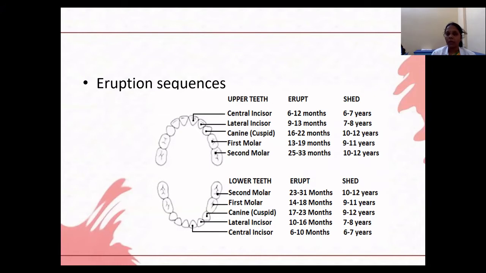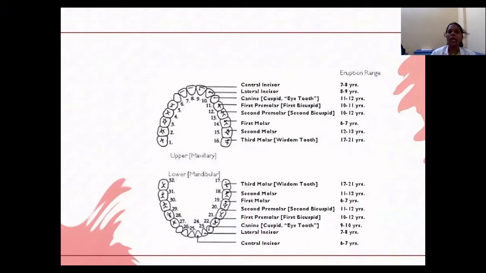That is, whenever you see any tooth in the oral cavity, either central incisor, lateral incisor, canine, first molar, or second molar, for example, if the central incisor erupts at 6 months of age, normally root completion will be completed by 1.5 years of age. So this is the main eruption sequence for the primary teeth. And moving on to the eruption sequence for the permanent dentition. Here, normally the lower central incisor will erupt first when compared to the other permanent incisors. And the eruption age of this tooth is 6 to 7 years of age.